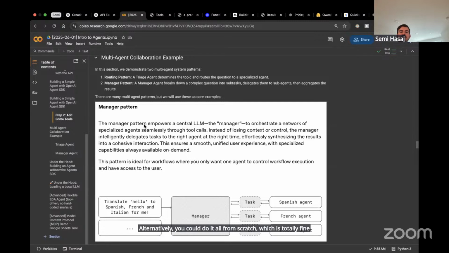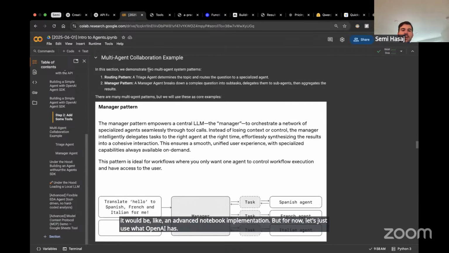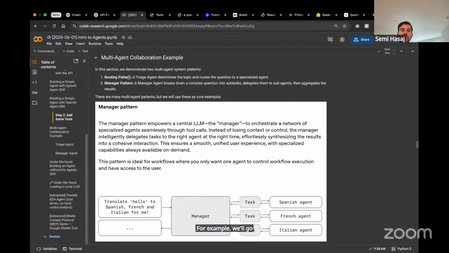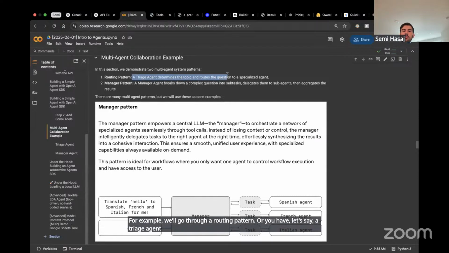Maybe it would be an advanced notebook implementation, but for now, let's just use what OpenAI has. For example, we'll go through a routing pattern where you have a triage agent that determines the topic and routes the question to a specialized agent.